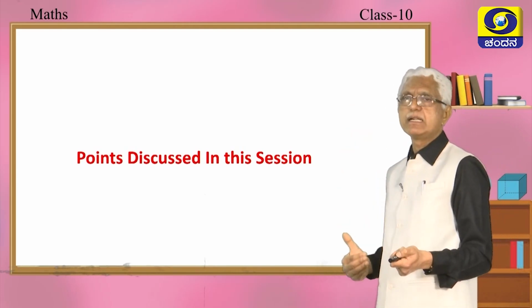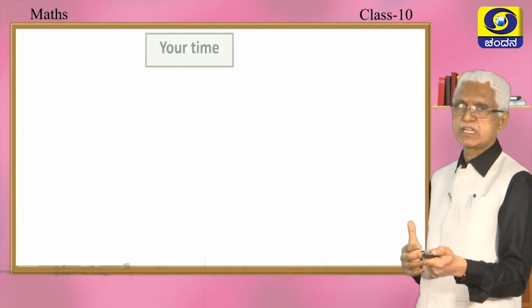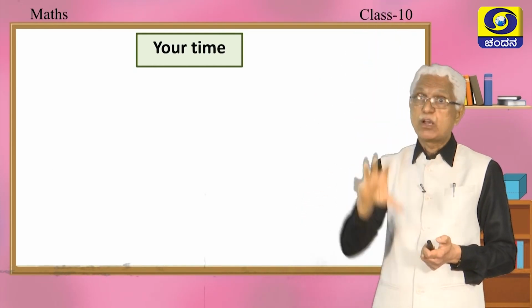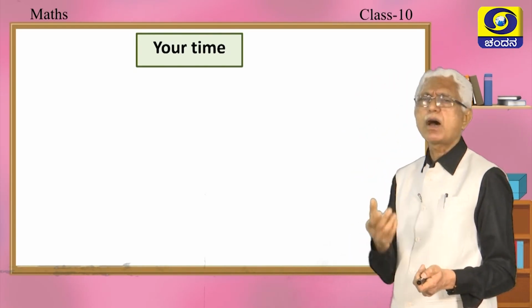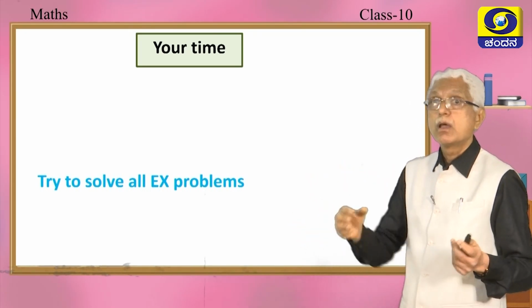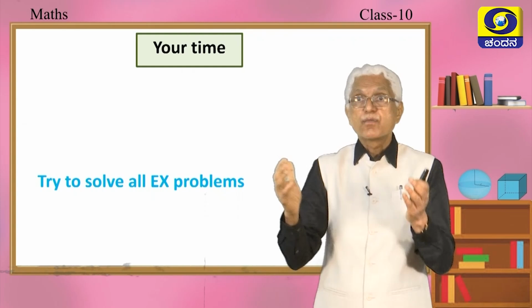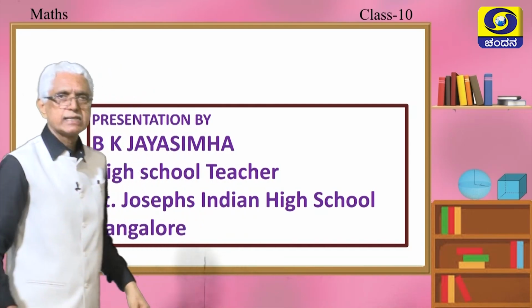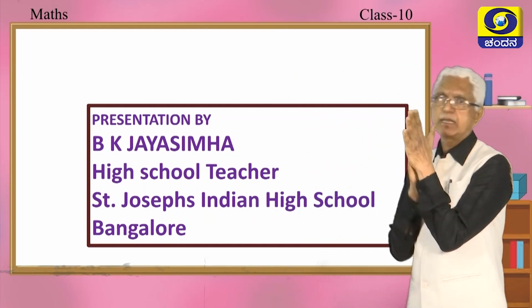So, what all we learned in this 5th session of the lesson, arithmetic progression, is a variety of problems and really interesting problems, my dear children. Now, a small assignment for you: try to solve all the exercise problems, also the worked examples, and especially as many problems as possible from the old question papers, okay. So, with that I complete the final session and thereby the lesson arithmetic progression, right, my dear children.